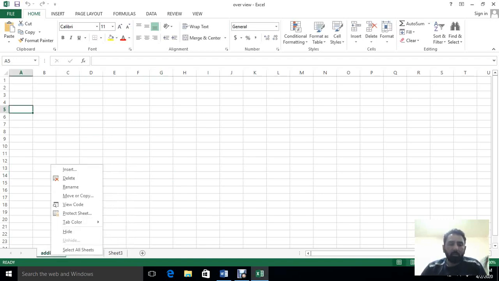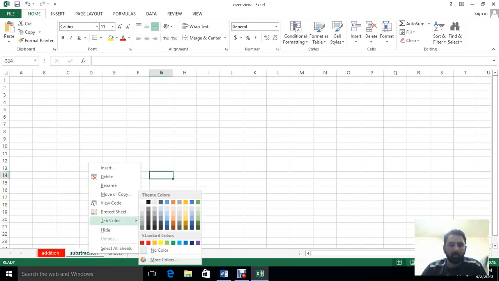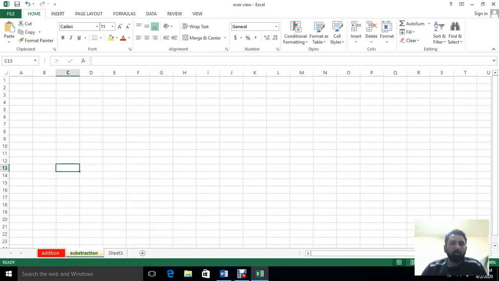Also, you can color these sheets from here. You can make tab colors and change to different colors. This is red, or I can make the tab color yellow, so you can use it easily. So let's start how to enter the data inside the